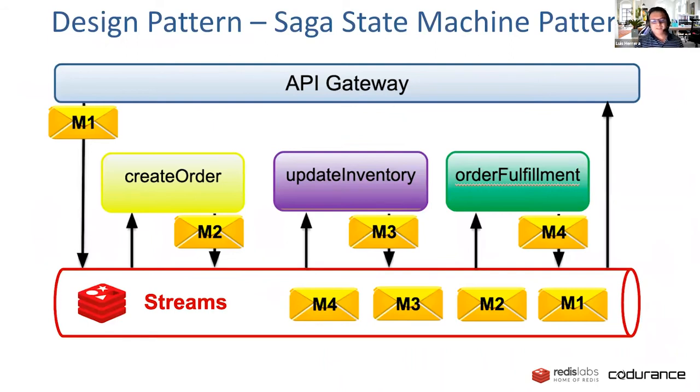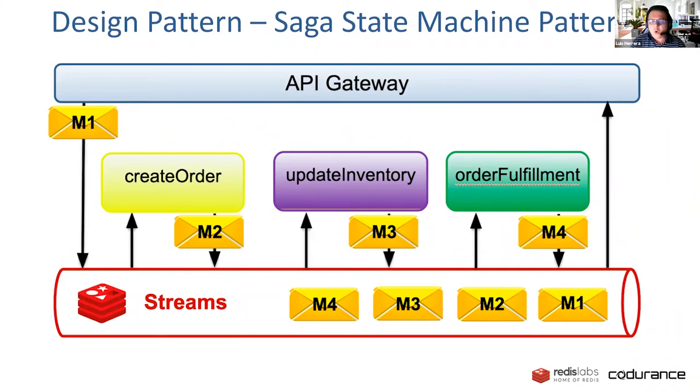But it doesn't end there. Redis also helps implement well-known microservices patterns like Saga, CQRS, event sourcing, to name a few. Let's take the Saga pattern, for example. The Saga pattern is used when you want to implement transactions that span multiple services, as we discussed earlier with Marsh. So in this pattern, each service of the Saga